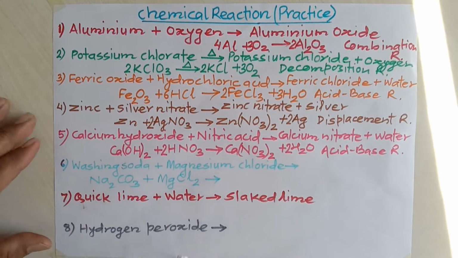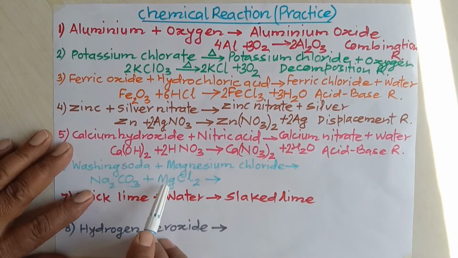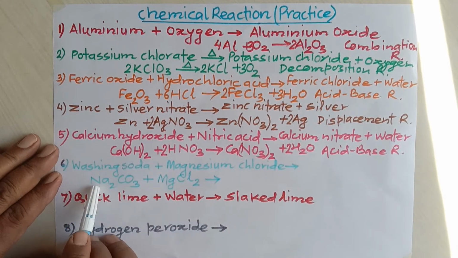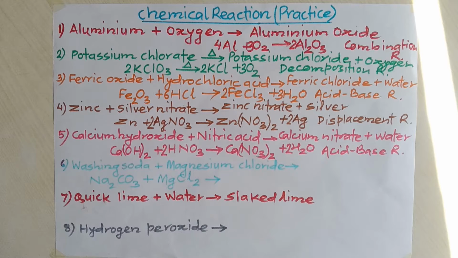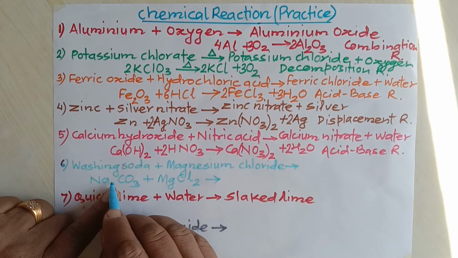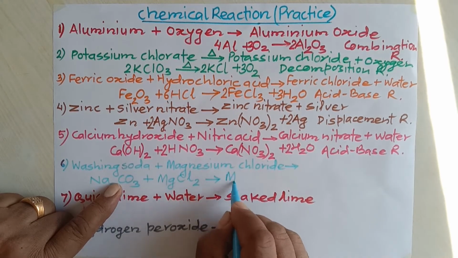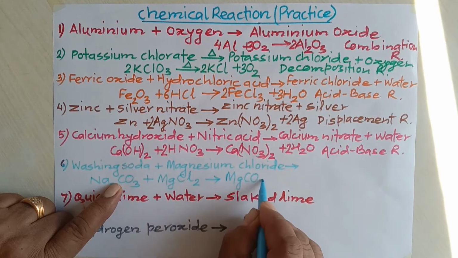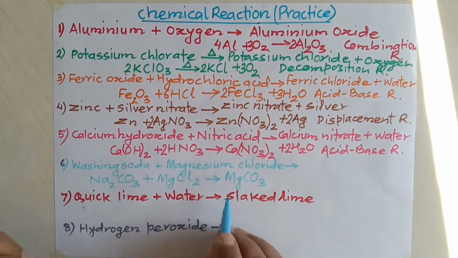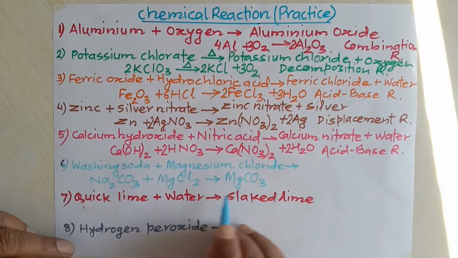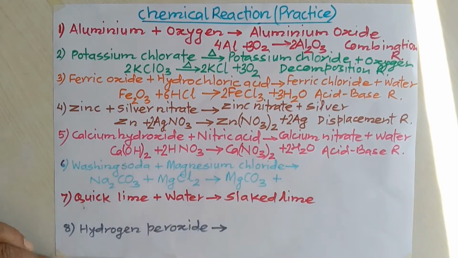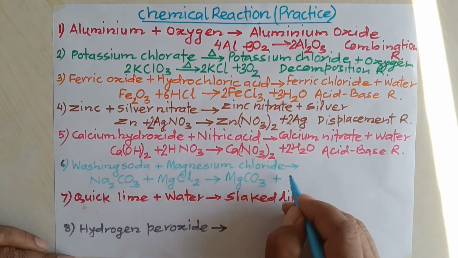This is a double displacement reaction. Sodium takes the place of magnesium, magnesium takes the place of sodium. That's why this is double displacement. And if magnesium takes the place of sodium, then what happens? MgCO3, magnesium valency 2, carbonate valency 2, equal valency, no exchange. Plus now sodium takes the place of magnesium. I'm writing